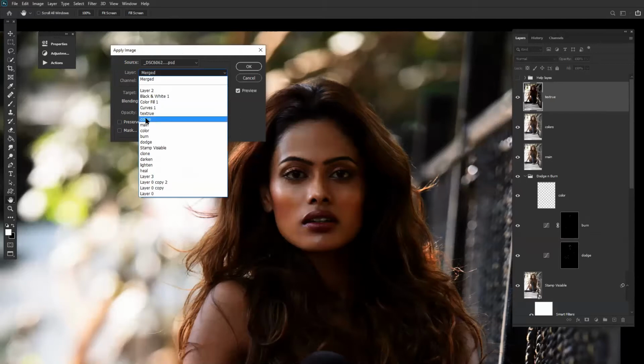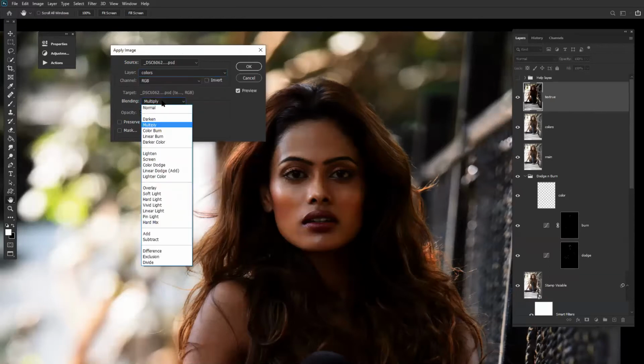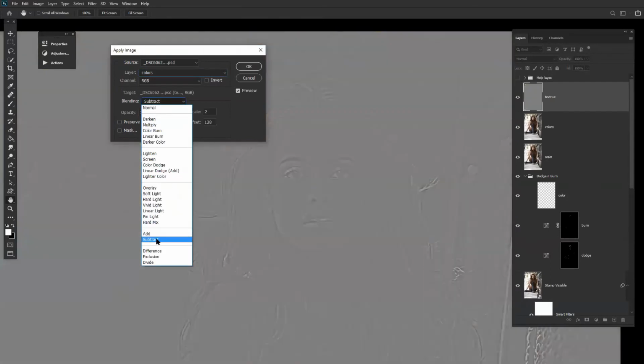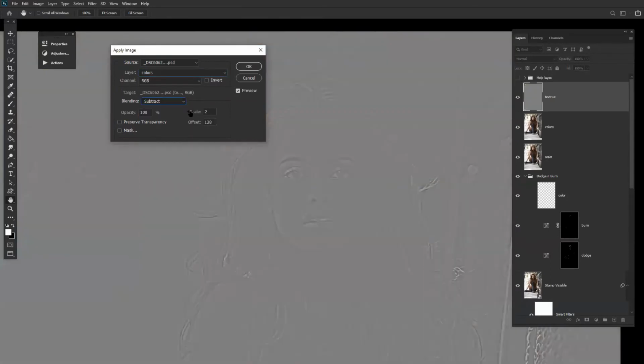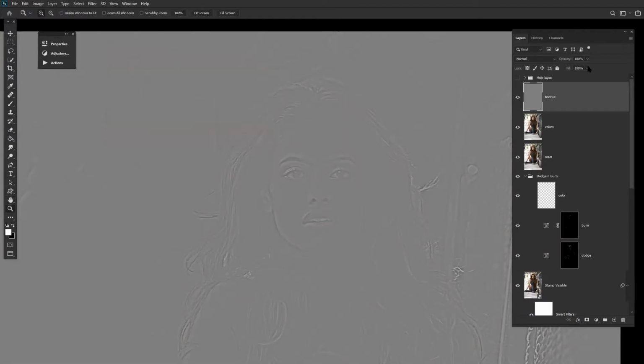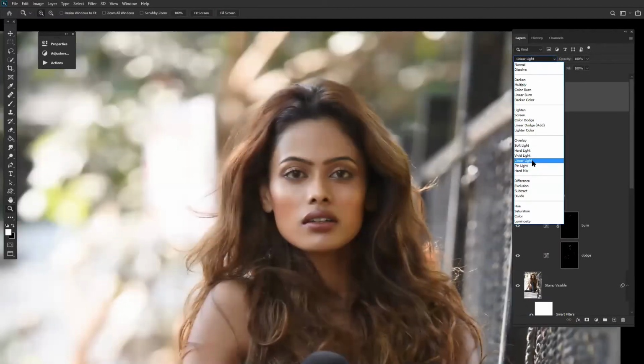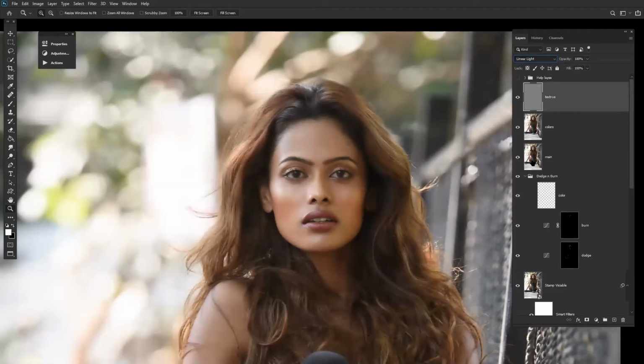Just below the texture layer, we have to take the color layer and bring the blending mode to subtract. The scale should be 2. The offset should be 128, and put OK over here. And now bring it to linear light to exactly bring the texture of the image as it is without disturbing the texture of the image.